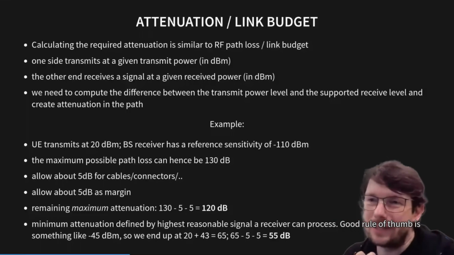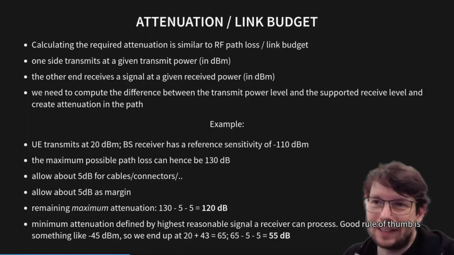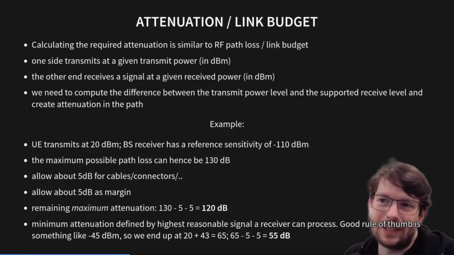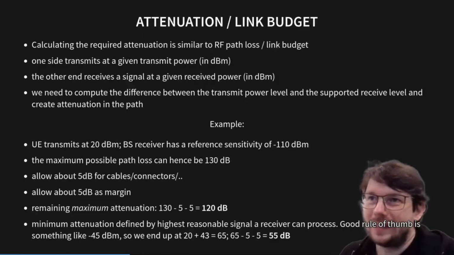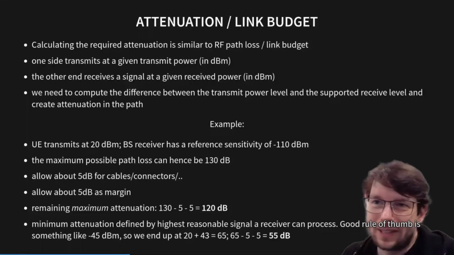Now for the downlink, we need to do the exact same computation. Depending on the sensitivity and the transmit power, the values might be different. So for example, if I use a commercial macro base station, which has a transmit power of 40 watts or something like that, of course,